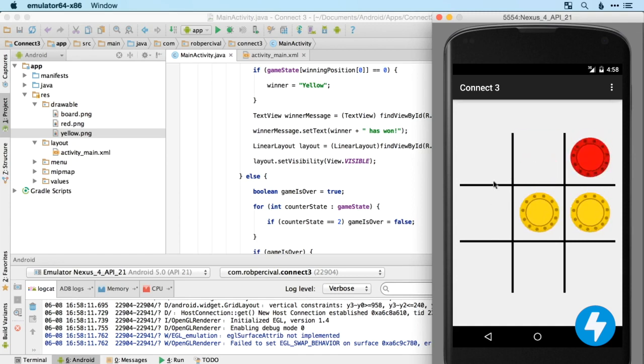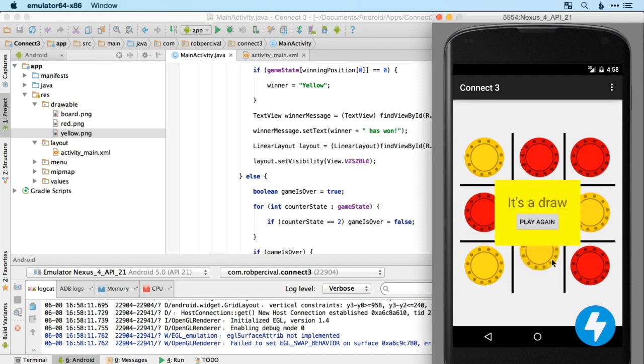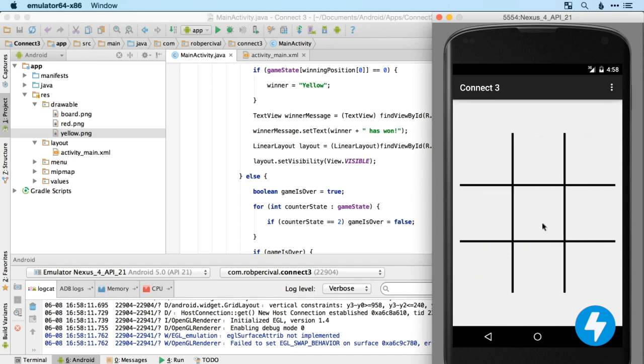Yellow, yellow, red, yellow, red, yellow, red, yellow. It's a draw. Fantastic. And then play again, and we can play again. Brilliant. Okay, well, that was by far the biggest app we've built so far, so thank you for staying with me. We're now going to move on from images and animations